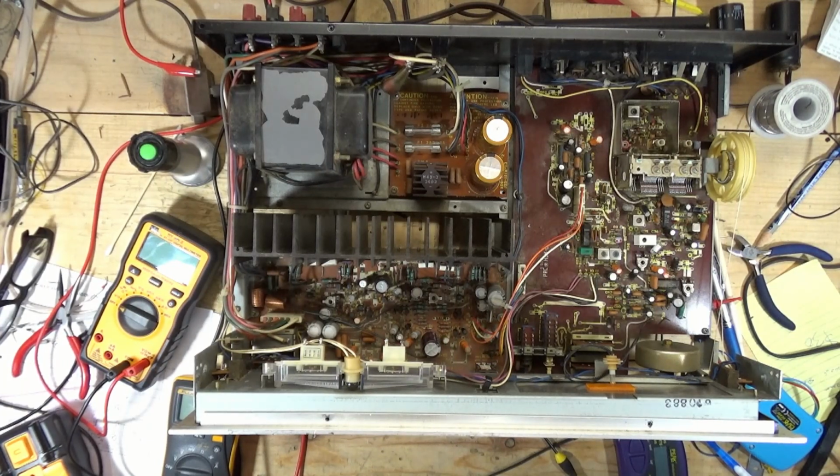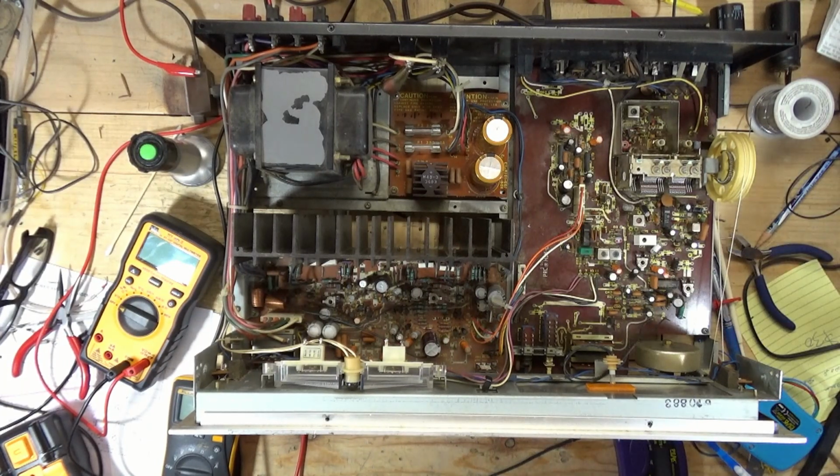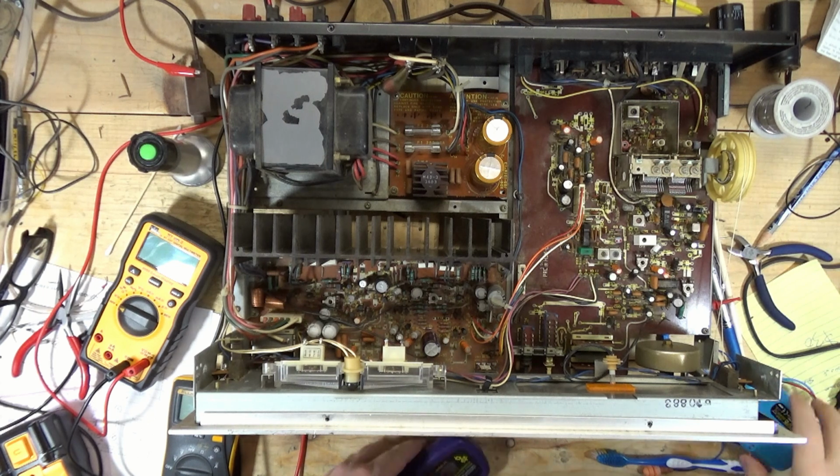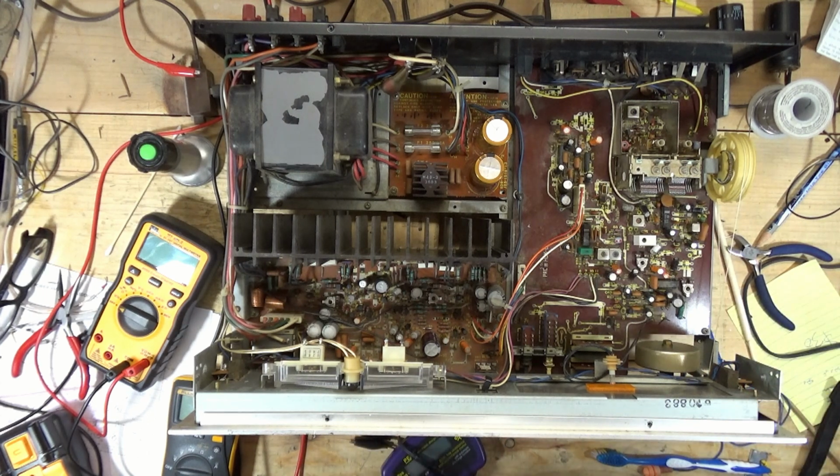You know, at this point, I think I have to admit defeat. I hate when this happens. It doesn't happen very often. I don't know what is going on with this Kenwood. I've been working on it for about 3 hours. I have pulled...